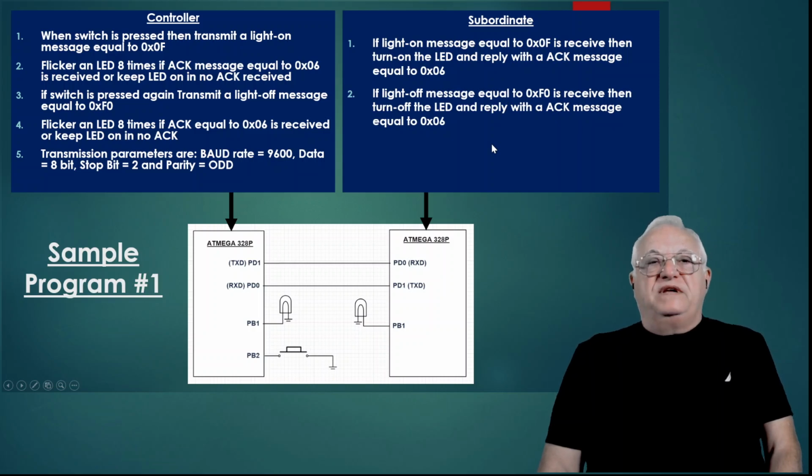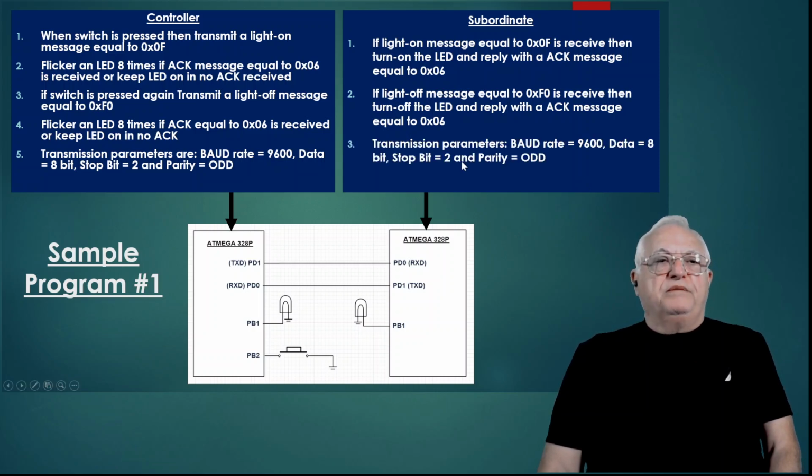If the light off message equal to F0 is received, then turn off the LED and reply with an acknowledge message 06. Transmission parameters are going to be rate 9600, 8 data bits, 2 stop bits, and odd parity. Okay, so let's look first at the controller